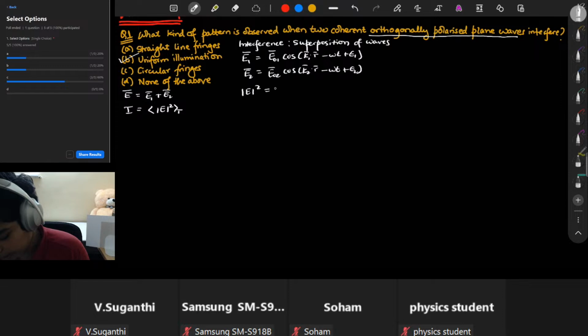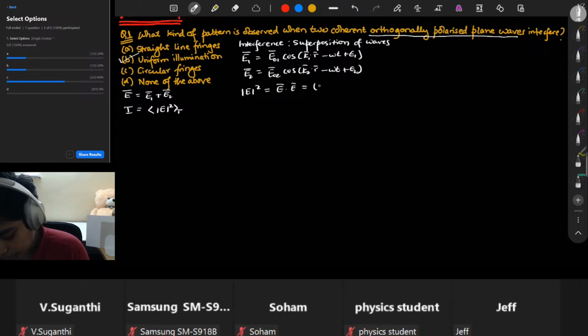Mod E squared is nothing but E dot E. So let us open up E1 plus E2 dot product with itself. This is going to be mod of E1 squared plus mod of E2 squared plus 2 times E1 dot